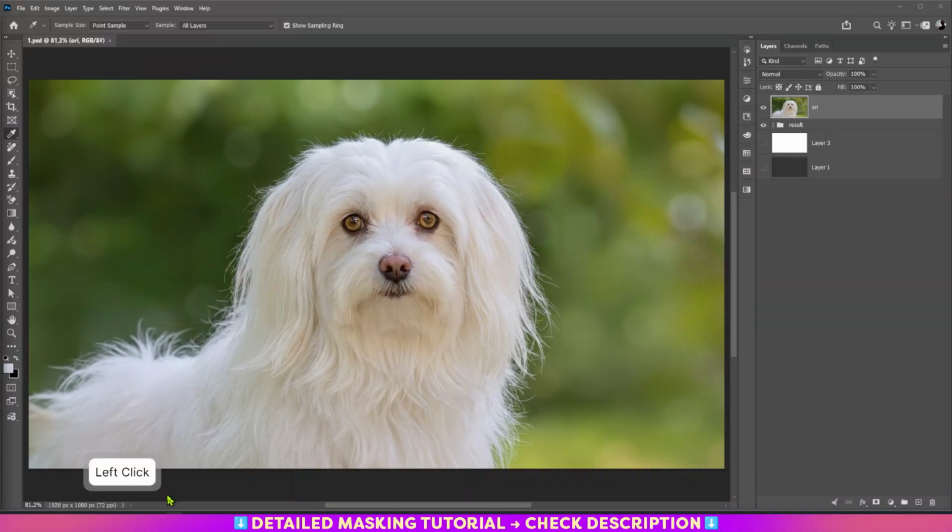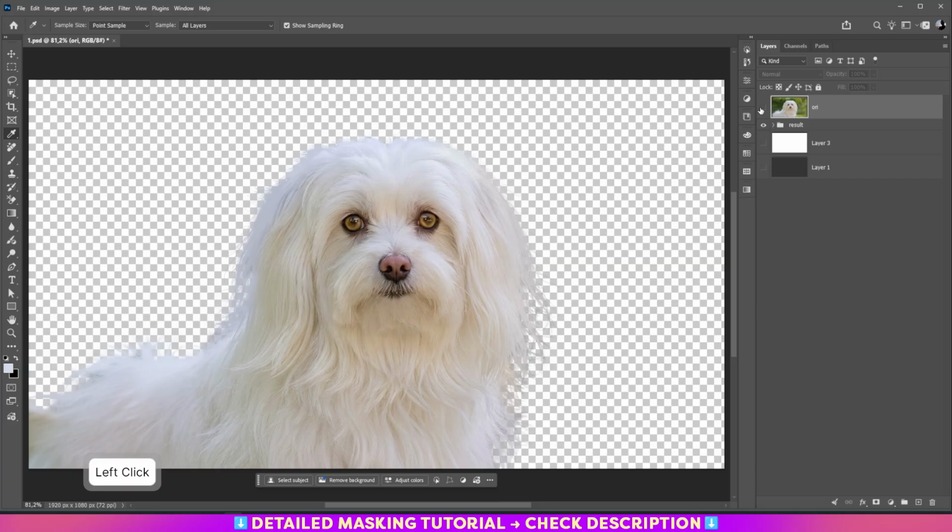Hello guys, today I will show you how to remove the background behind a complex subject like this. You see the hair is so complicated to become like this. Okay,